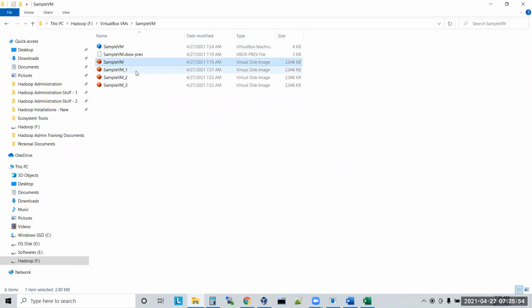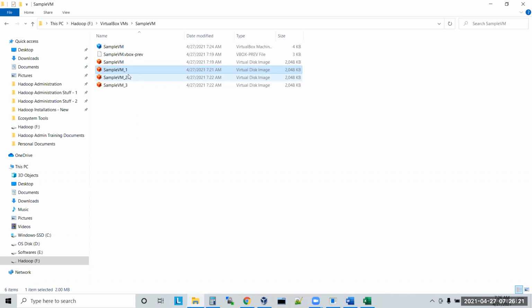What is the size of the hard disks currently? 2 MB, 2 MB, 2 MB. All are 2 MB. When you start installing and loading some data inside, these hard disks will grow. Otherwise, can I create 100 hard disks now? Yes, 100 hard disks of 100 GB each you can create.